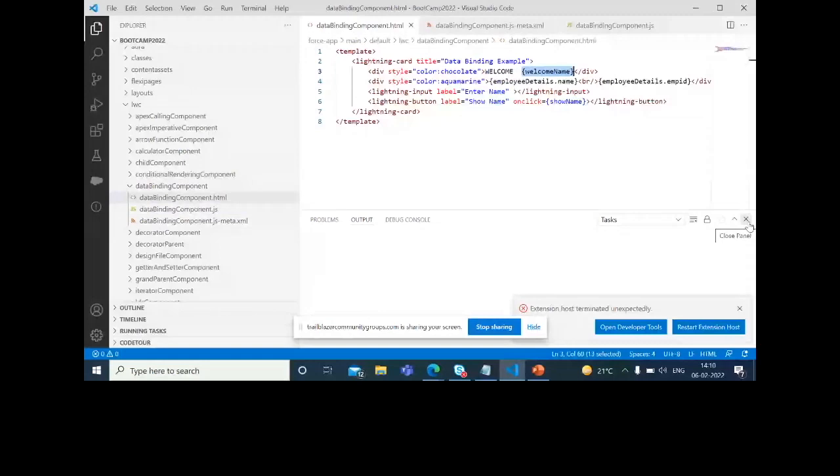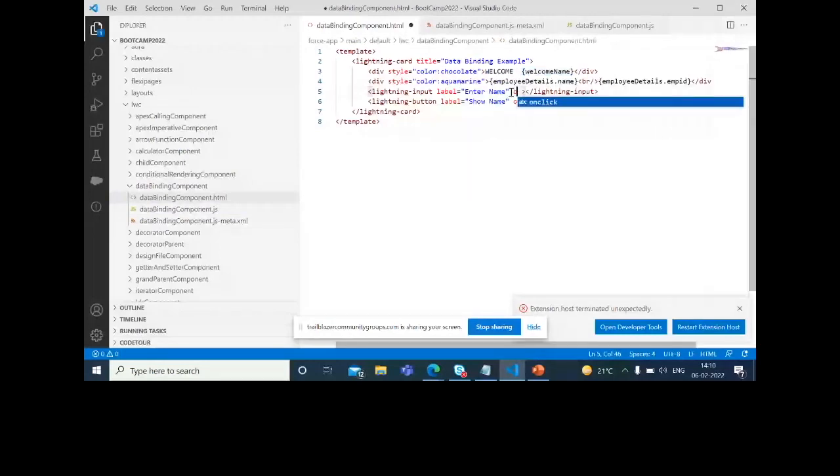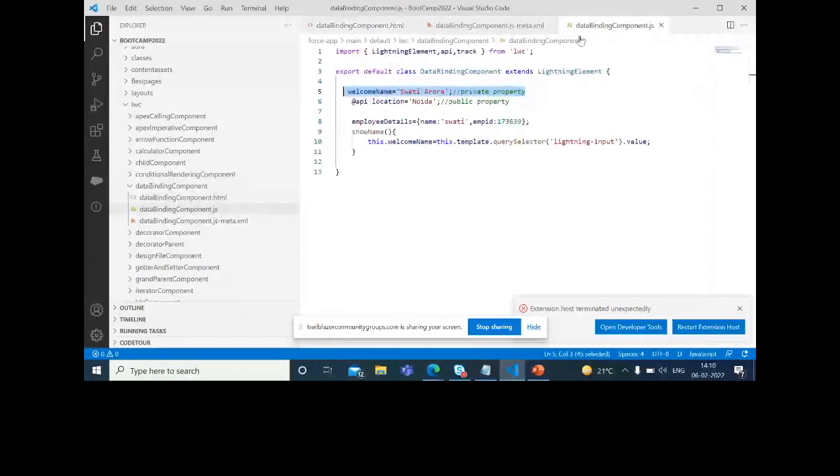This is my text box, and the event name is onchange. So whenever you change the value in the text box, whatever action you want to fire, I am writing the functionality for it in JS. The name of the function is nameHandler.